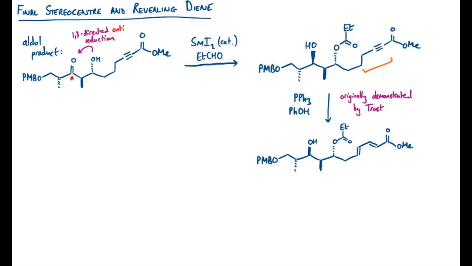Now, this isomerization from the alkyne to the diene was originally demonstrated by Trost, some links in the description below, but was adopted in a variety of other total syntheses since the early 1990s. I think it's distinctly non-obvious what the mechanism for this is, so I'll just doodle out the proposal. We start with our alkyne, which is of course electrophilic in the beta position, and that will be attacked by